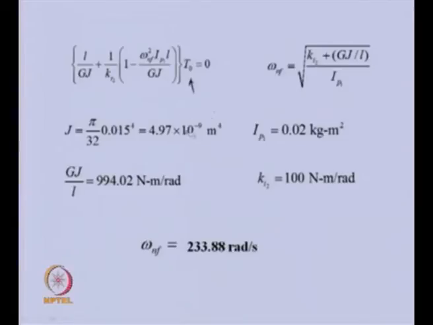Now for the given values, we can obtain the second moment of area, and this is already given. So all these quantities are known, so they can be obtained. The torsional spring torque is also given to us. If we substitute this in the natural frequency expression, we will get this as the natural frequency in radians per second. So we have seen very simple examples, and in this particular case the aim was how to apply the boundary condition and how to get the frequency equation.